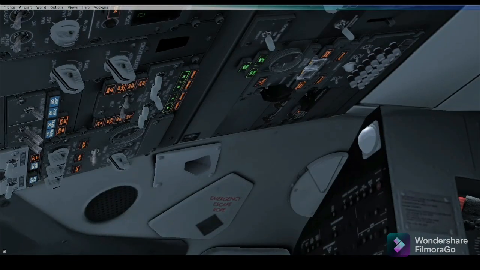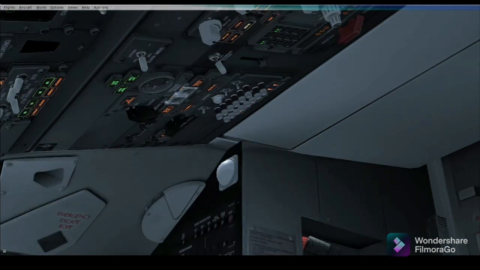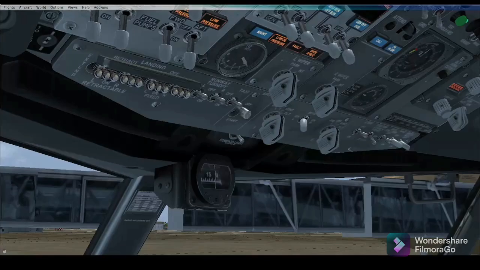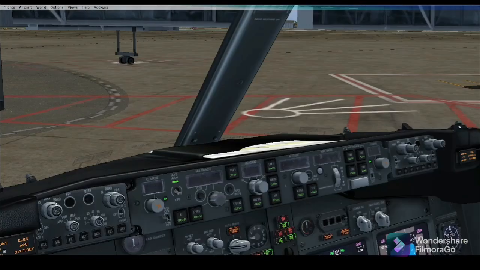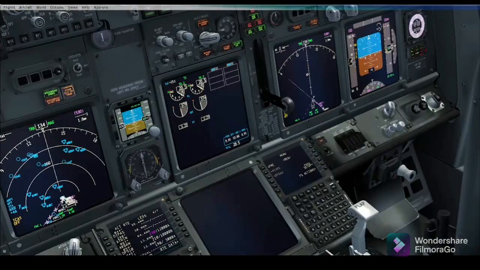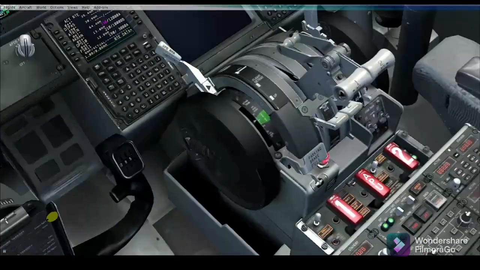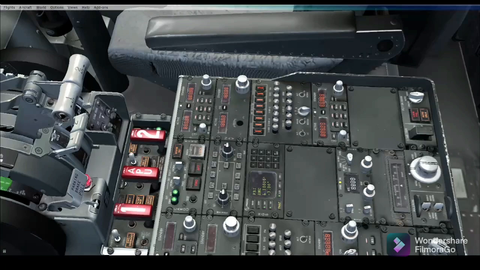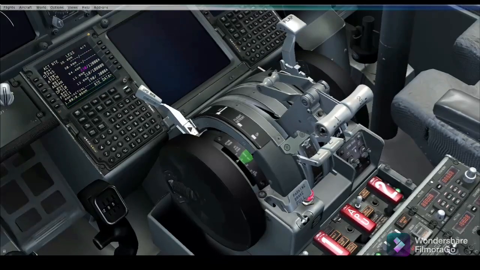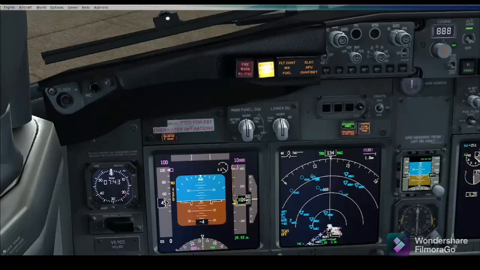So I have to check the aft overhead panel and forward overhead panel, front switches, MCB panel, main displays, EADI and EHSI, fire test, and communication panel, all with the light systems working properly. Then I will switch off the lights back to normal.